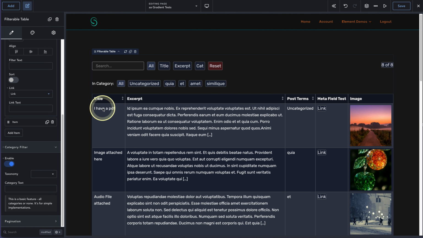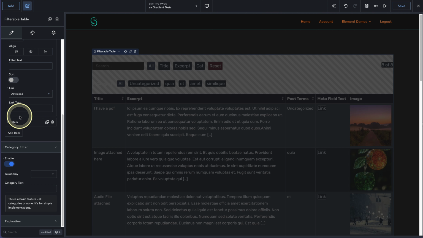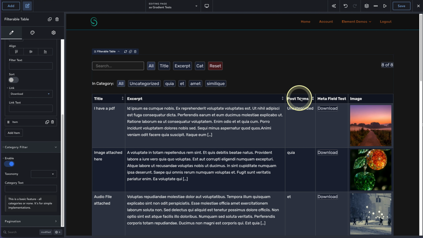But obviously this is actually a PDF and this is a bit of audio, so we don't really want a link. What we want is a download. So choose it as a download, and we now have a clickable download button that will open or download the